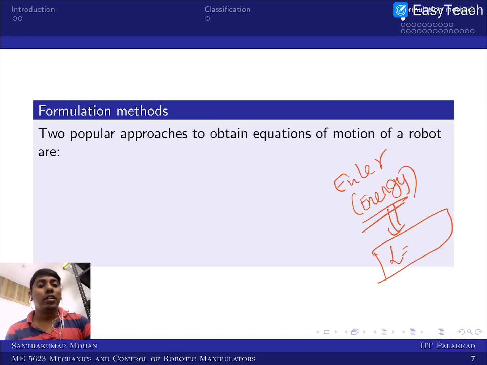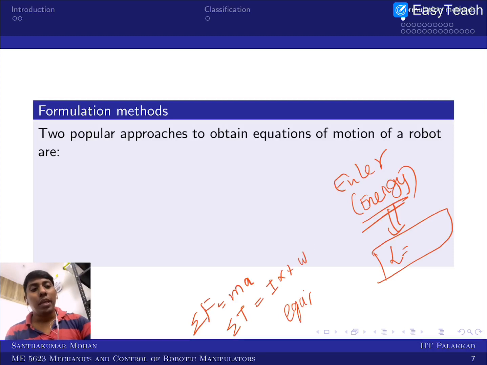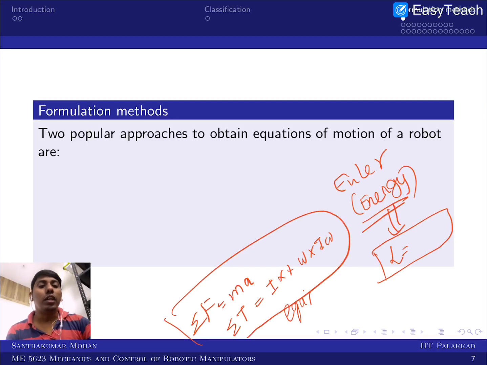There is another method called the equilibrium method, where Newton gave his motion equations, or Newton's laws of motion. In that, Newton's second law you know, which mathematically you can write as sigma F equal to ma. The same thing evolved as the Euler axiom, in the sense sigma tau, or sigma t, equals I alpha plus omega cross I omega, right? So these are all what you call Newton and Euler axioms.